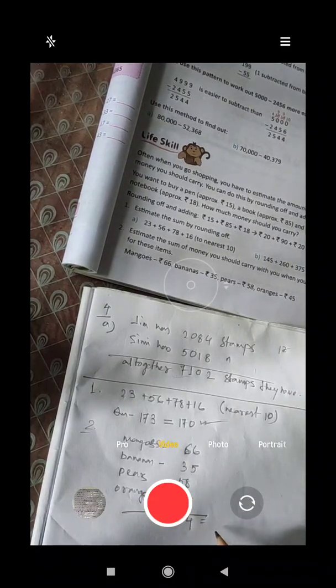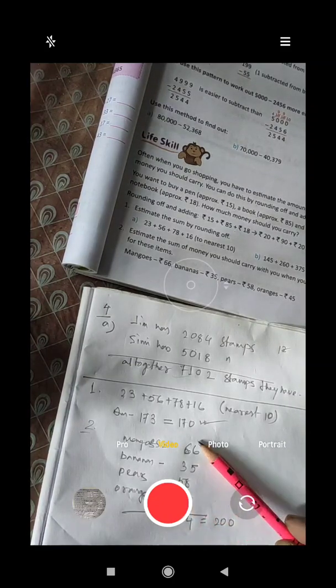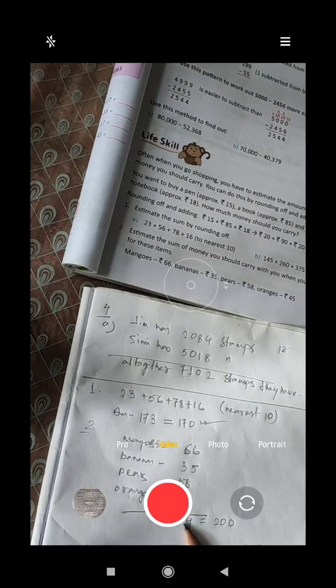So what you do, you can carry with you this 200 rupees, but normally if you go for rounding off, then it will be 200. But as the prices are given over here, and totally it is coming 204, you can carry along with you 205 rupees.